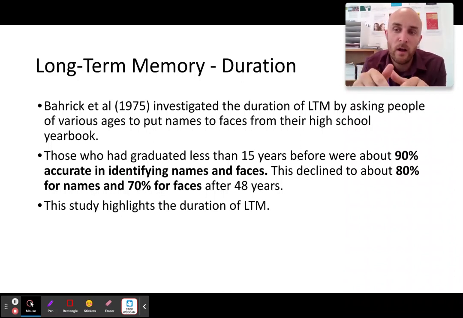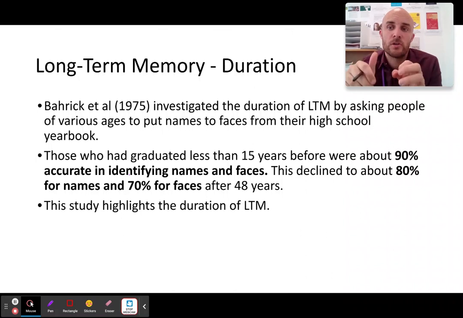So it highlights the foreverness of long-term memory, right? Your long-term memory is incredible. And the way to phrase this, if you can remember anything that happened more than 30 seconds ago, okay, and you can remember it more than 30 seconds ago, it's in your long-term memory where it will last forever. Just because you can't remember what I'm thinking about in the next year or so doesn't mean it's not there.